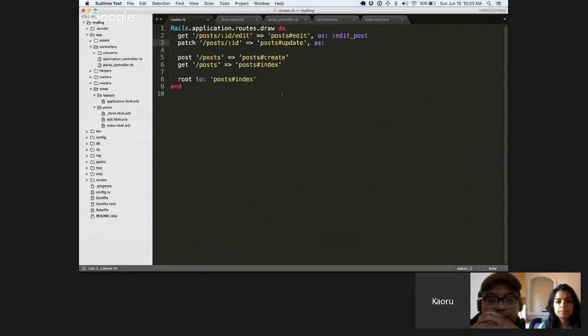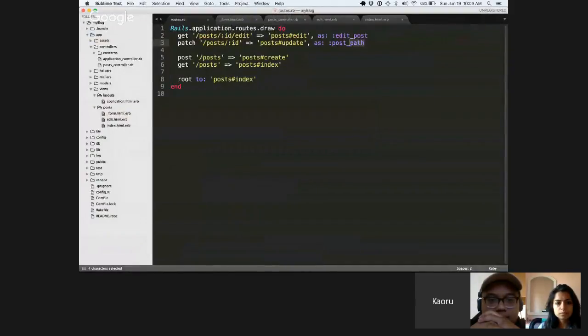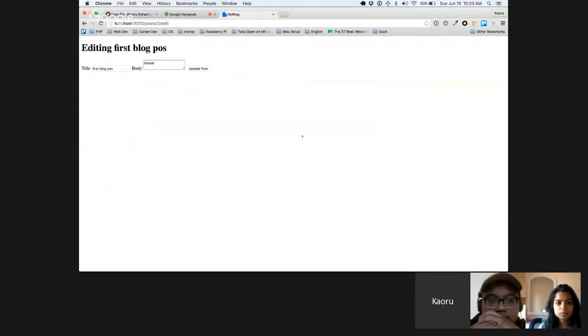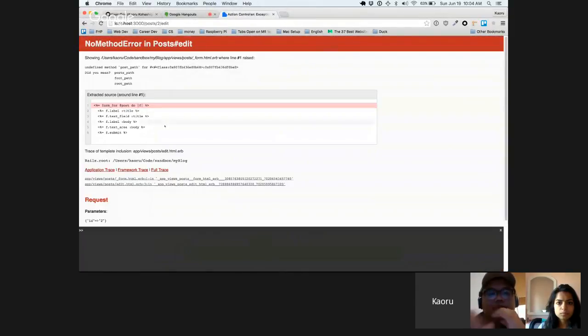So I think if I just do path, refresh, no, yeah. So Rails relies on all of these things. Form for relies on resources posts to be there. Otherwise it kind of gets wonky. It gets upset that it can't find the path. And that's form for that's bringing up those errors, because when you tried to do it on the index action as posts, it was giving you an error when you used it, but not when you didn't use it. Right, because